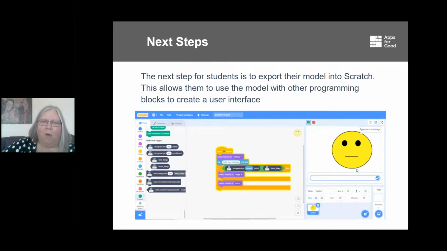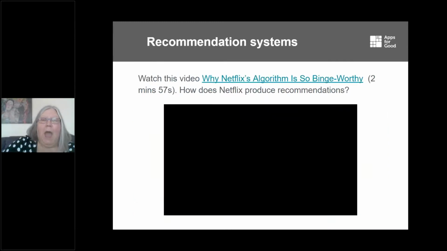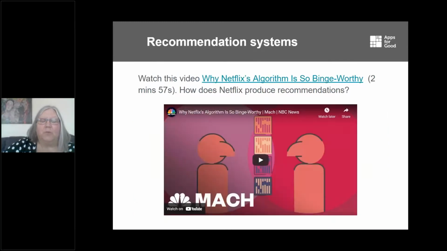So it's a way of students being able to use this tool to think about how they could develop it further in solving a problem that they were interested in. We've had quite a lot of particularly nice chatbots and things coming out of this. Again, trying to make sure that we've got things that are going to be relevant for the students.